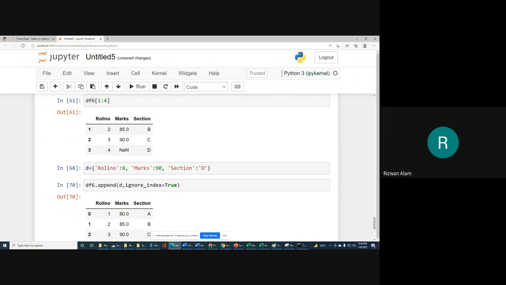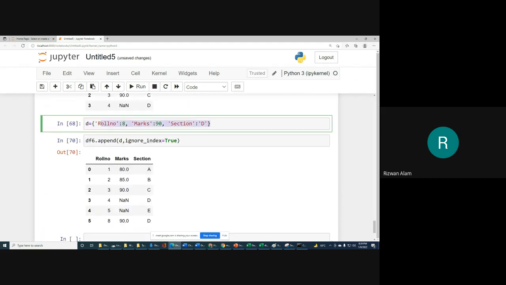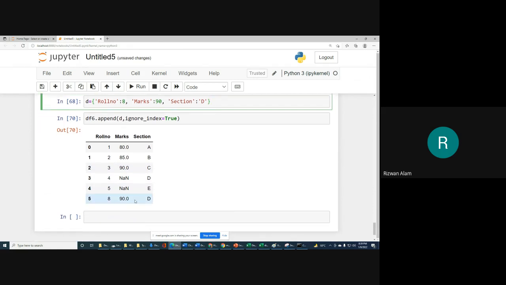So that actually we have created as a dictionary. It is simply about creation of a dictionary, and that dictionary we are going to provide to this append function. So with this append, at the end, as a last row it will add this dictionary.